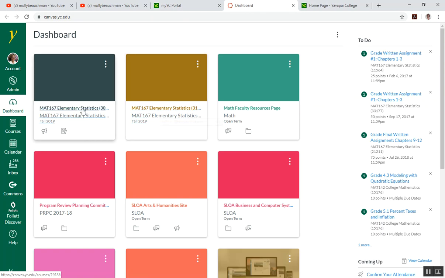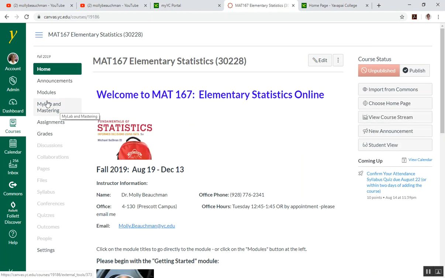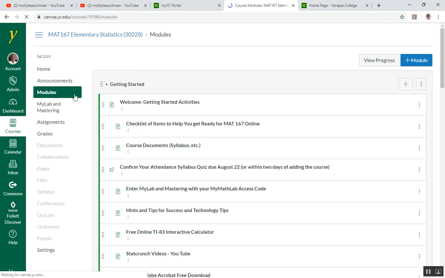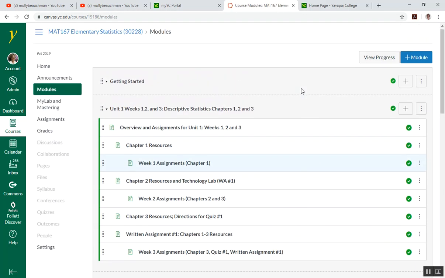So this is different. We've used My Math Lab previously, but we haven't integrated with Canvas. So when you're in the class, there's a tab called My Lab and Mastering. To get ready to enter that particular item, I'm going to take you back through the module. You do need